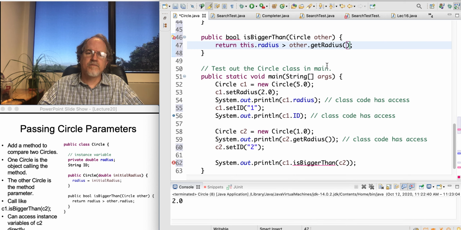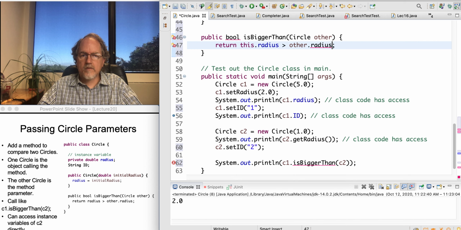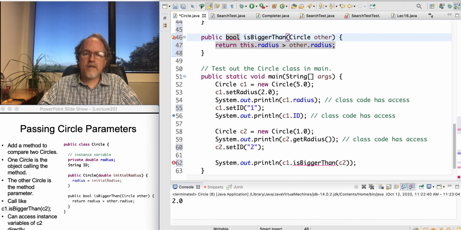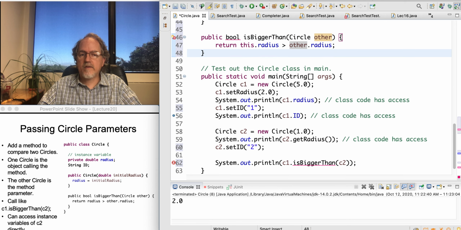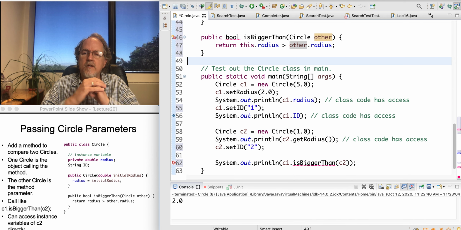method? Well, this is code inside the class, right? And we can access all circle instance variables inside this class. So there's nothing special about other belonging to another object. This is all part of the class code, right? So you have to think about the difference. Sometimes you're looking at that class code, and sometimes you're thinking about what object is being worked on as part